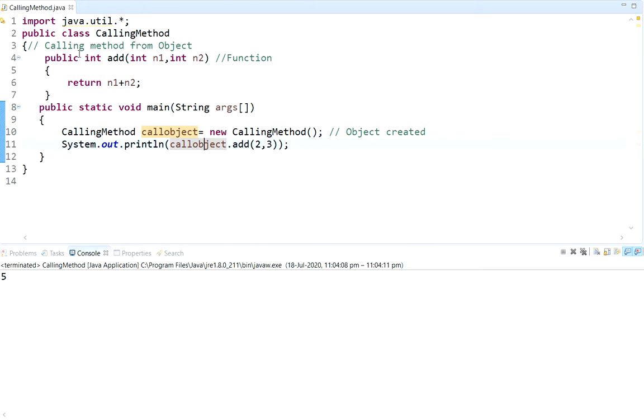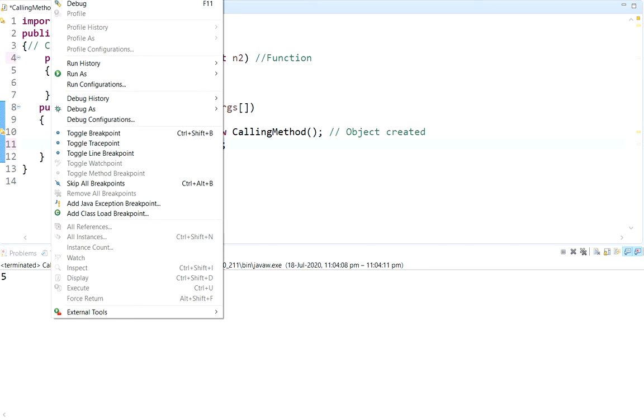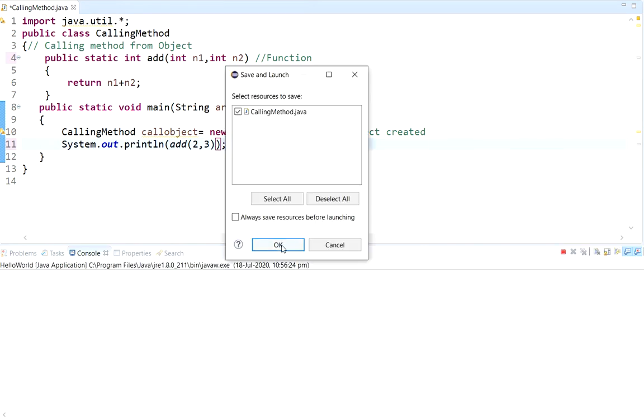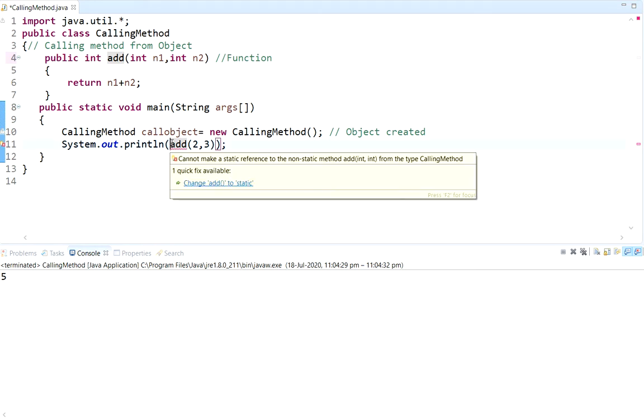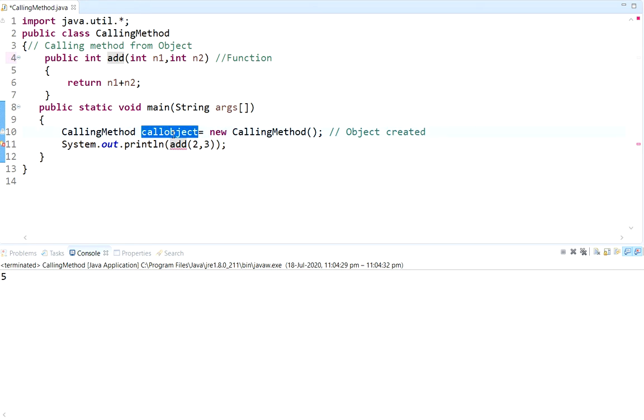Now suppose I write public static, so I create a static function. There is no need to call that function using an object because that is not a member function. If I run it, it will give output 5 because it is static. If the function is non-static, then you need an object to call that function. You cannot access it by directly writing the function name like we did earlier in C++ and C. So create an object and then call it.